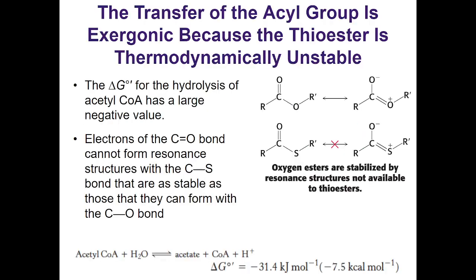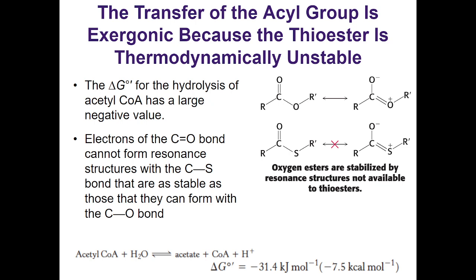Fantastic. Okay. So your transfer of the acyl group is going to be exergonic. This is because the thioester is thermodynamically unstable. And that's why I was mentioning that thioester is very good for linking and unlinking stuff very easily. Okay? That delta G naught prime for the hydrolysis of the acetyl-CoA has a large negative value. And so what does that mean about this reaction of having the acetyl on the CoA? What's going to happen if you just leave that around in water? That is thermodynamically